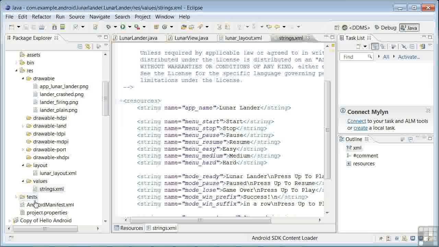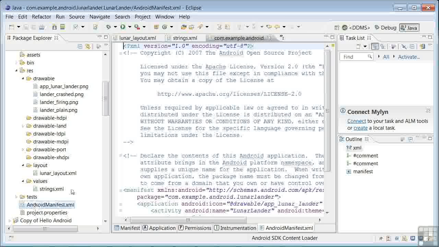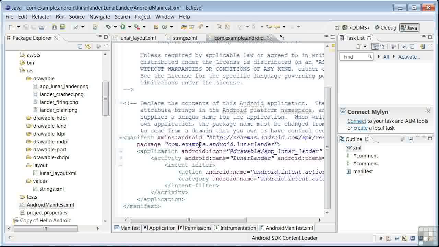Going back to the outline, in a separate section, we have something called the manifest. We can double-click that. That also opens up in the center window. And the manifest contains information about the app, such as the package name. So now that you've had a preview of what the sample app looks like, we're going to first start an